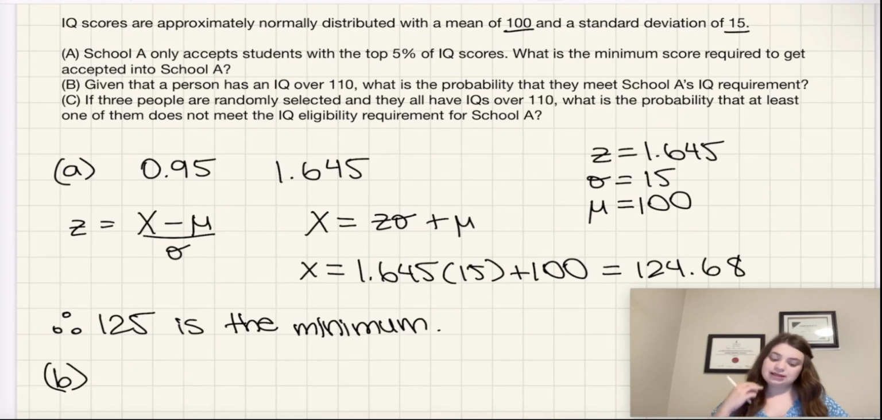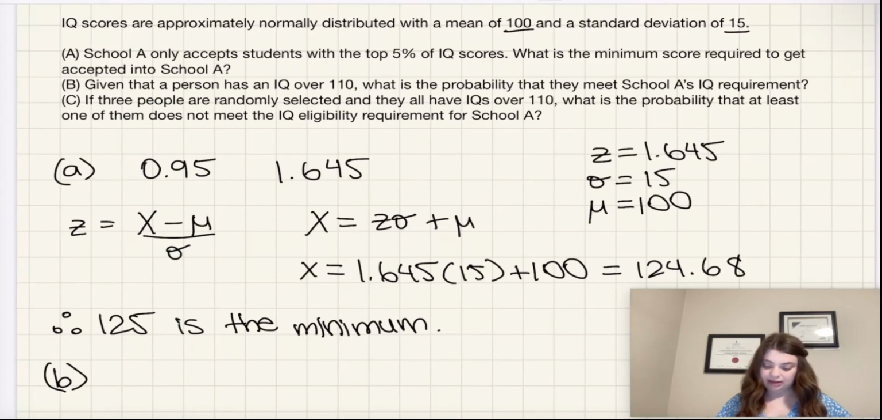Okay, part B says, given that a person has an IQ of over 110, what is the probability that they meet school A's IQ requirements? Or in other words, given that they have an IQ score of over 110, given that they're in that camp, what's the probability that they also have an IQ score of over 125 or greater, let's say? So in order to do that, I first need to figure out